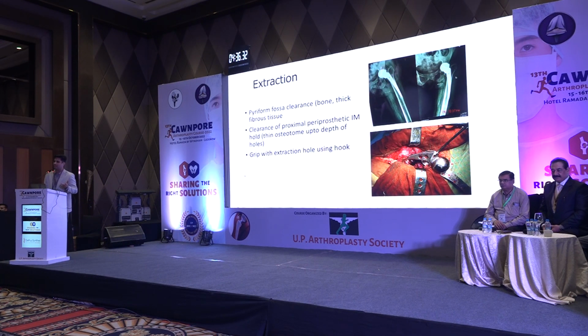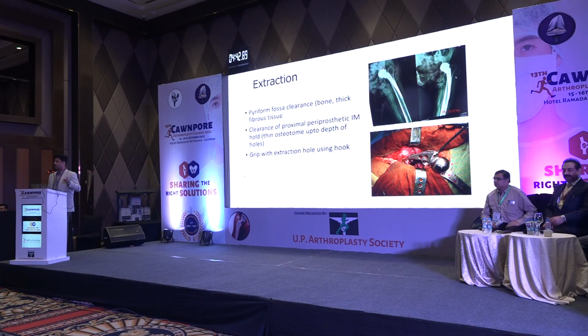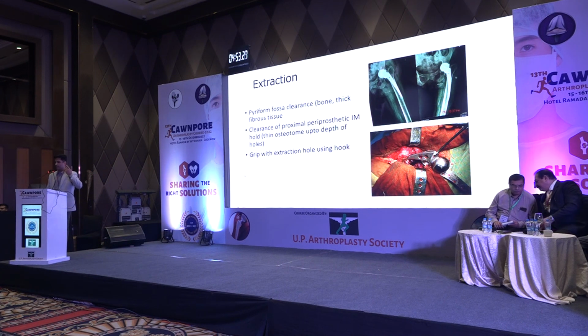For cemented prosthesis, it's relatively easy because you just have to clear the soft tissue and the granulation tissue around the upper end of the prosthesis, and you can just punch it out or hammer it out because the cemented prostheses are usually smooth and they're actually not fixed into the cement, but they're just sunk into the cement. So you can just pull it out or just back tap and hammer it out. Whereas uncemented ones can be a challenge.